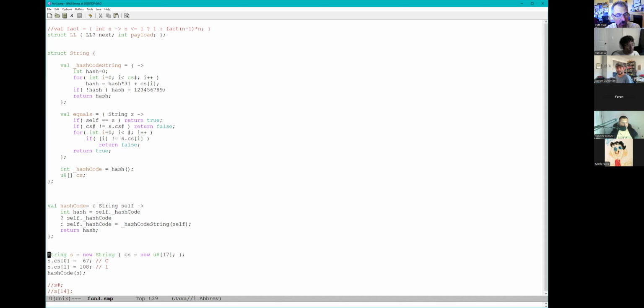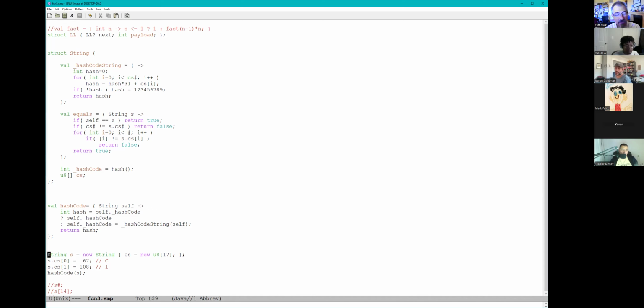I don't remember now what they ended up with. Is hash code immutable on strings, or is it just lazy on string? The hash code on string is lazy. So it defaults to 0, and the first time you call hash code, it computes it and stores it, and hopefully doesn't hash to 0. Right. Well, I have my hack for hash to 0. Oh, actually, yeah, they have a hash to 0 hack in there. I saw that one, which tells me that it was probably lazy. Okay, so that means that strings are not final. They just don't have an exposed API that has any mutable state on it.